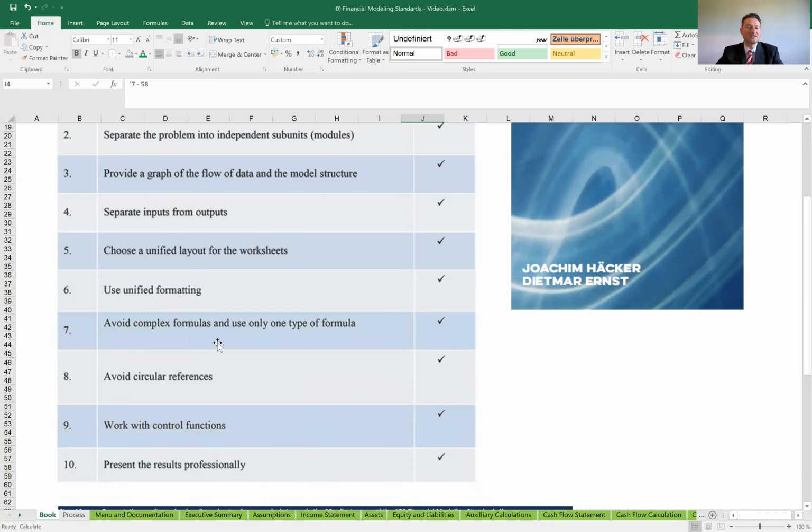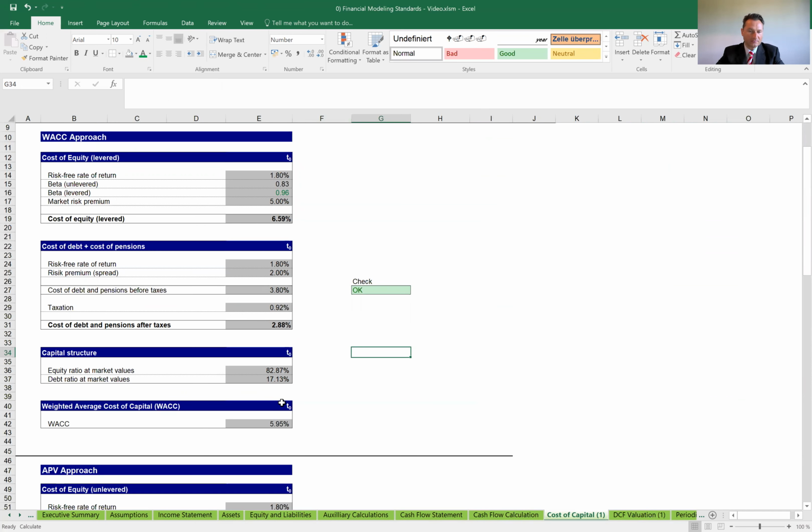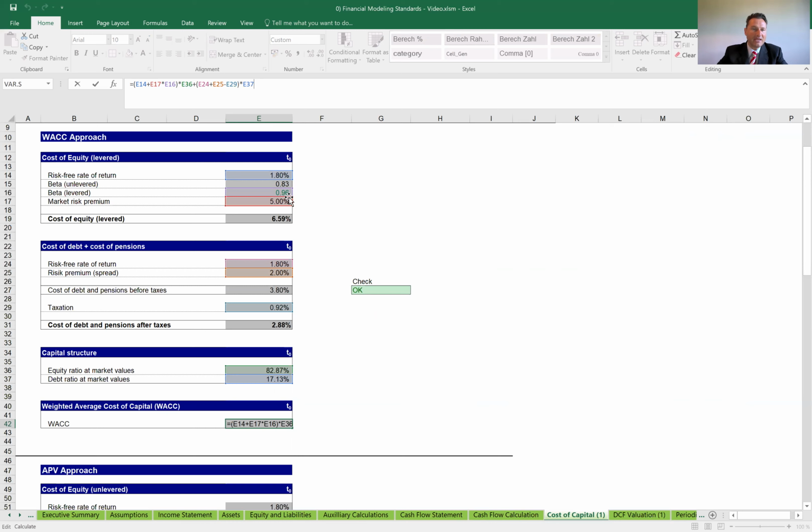Avoid complex formulas and use only one type of formula. So if you go on cost of capital here and click on E42, you see here E42 points out a very complex formula. The WACC is calculated by taking the risk-free rate plus the beta times the market risk multiplied by the equity ratio plus the risk-free rate of return plus the premium minus the taxes times the debt ratio. That's a bit complex. Another, smarter way of doing it would be you take the cost of equity,